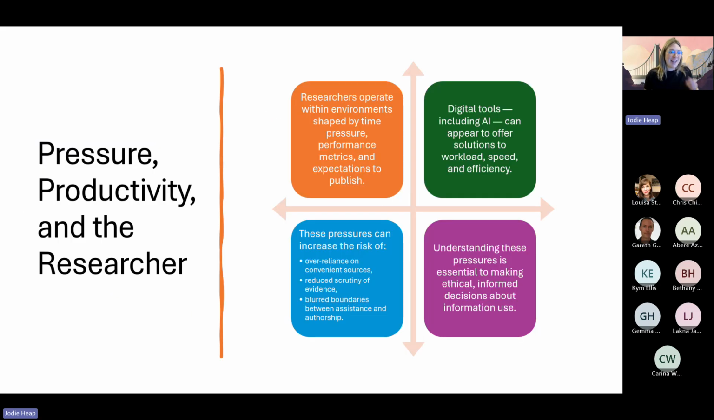Okay, so just a last couple of slides now. It's basically lots of threads being pulled on you as researchers. We have to operate within environments that are shaped by pressures, performances and metrics, and an expectation to publish. And so that can lead us towards wanting to use digital tools, which includes AI. And so we need to just have a consideration of how that product can be used correctly within our workflow process. These pressures can increase the risk and the temptation of over-reliance on AI tools, and